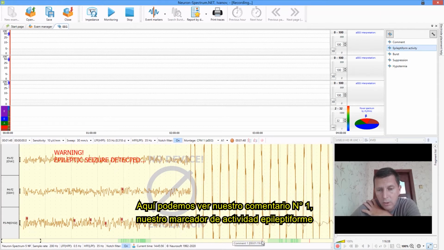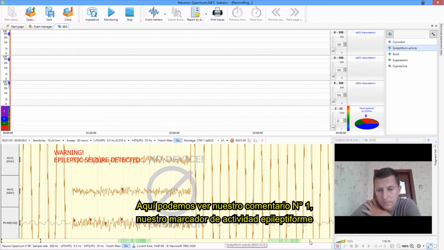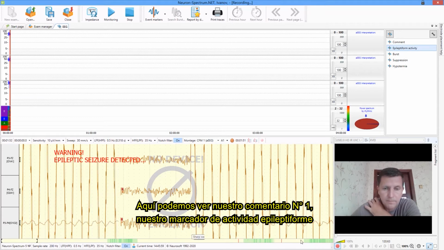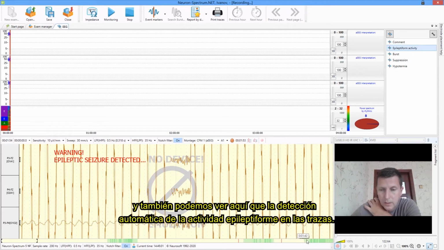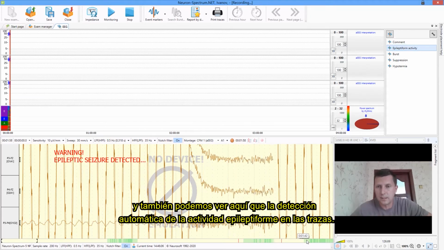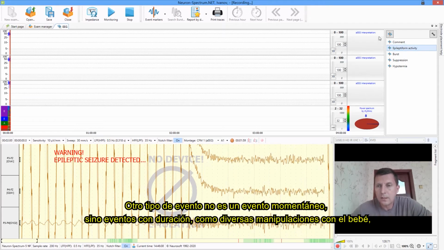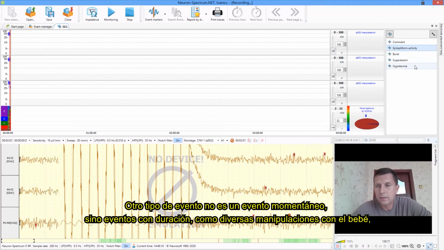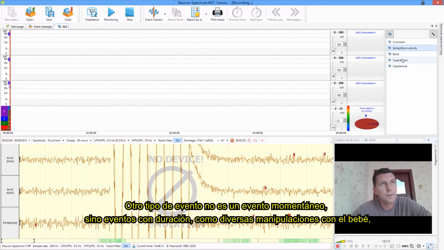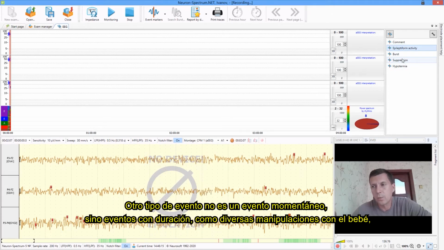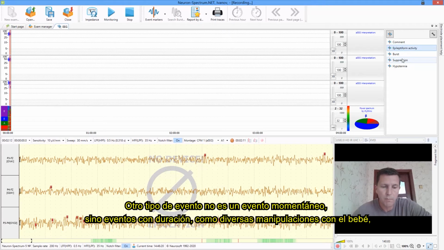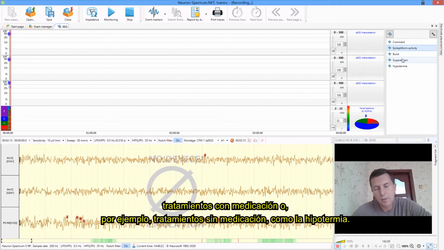Here you can see our comment number 1, our epileptiform activity marker, and also we can see automatically detected epileptiform activity on the traces. And another type of events is not momental events, but events with duration, such as different manipulations with the baby, such as medication